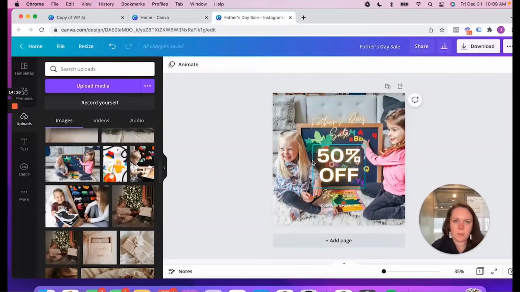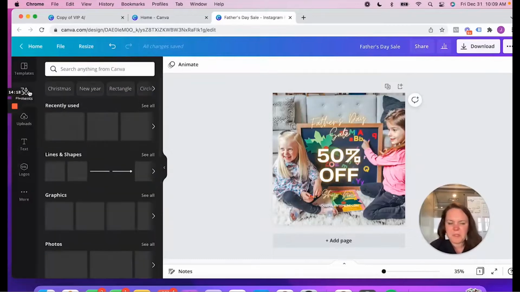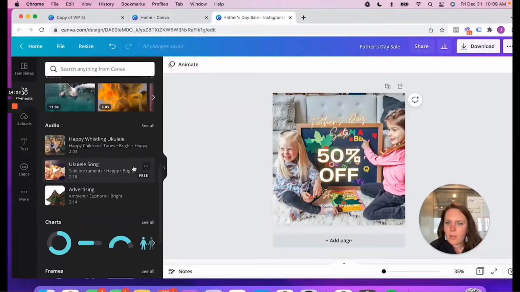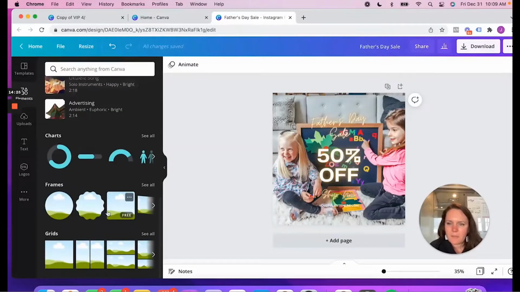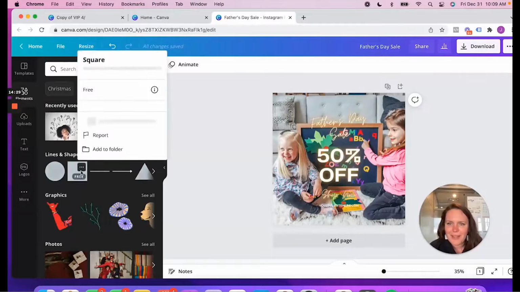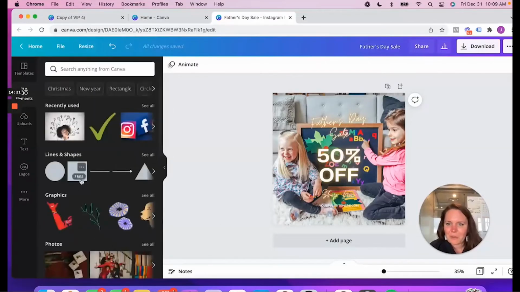And let's say you want to get rid of that, and maybe you want something different in the background. Checking out the elements is a really, really fun way to go. So there are elements such as grids, shapes, charts. You could spend a really long time here playing around, but let's say you wanted